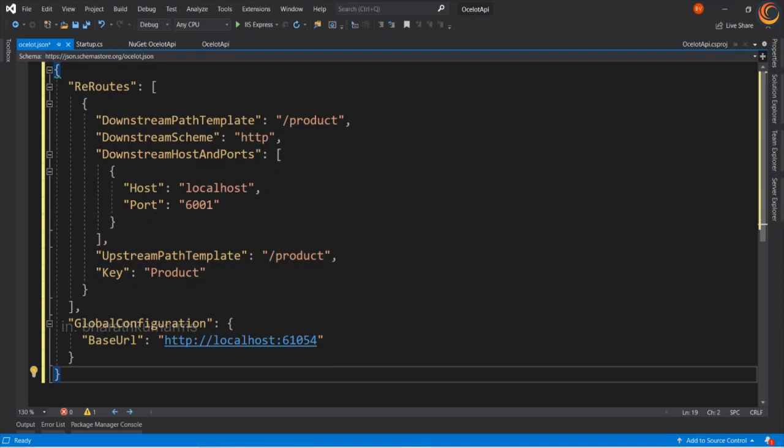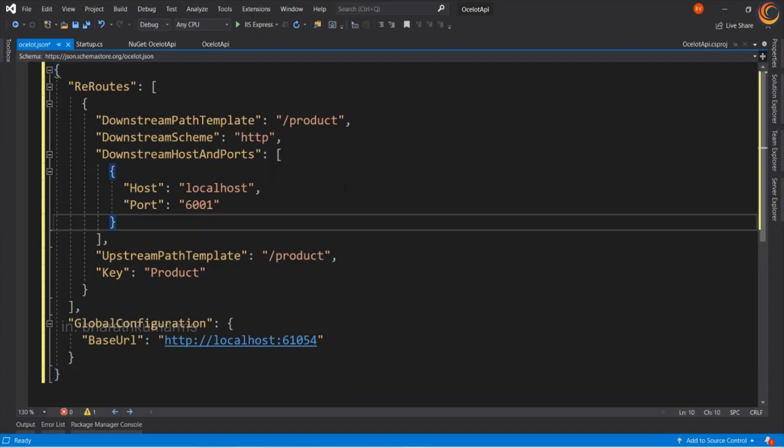So remember, in the beginning of this video we spoke about the downstream and the upstream path. In this case, downstream is the target API which needs to be called whenever it is accessed through this gateway API. In our example, downstream is nothing but the product which is hosted in port 6001, which is available here, and it is returning these data.